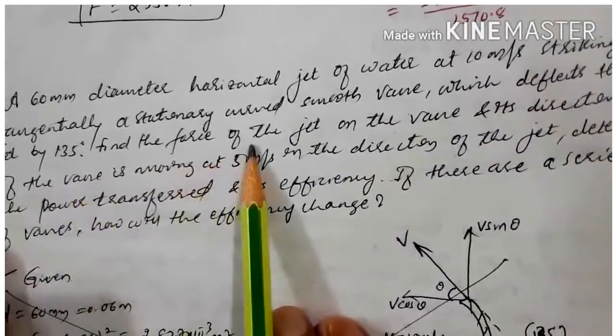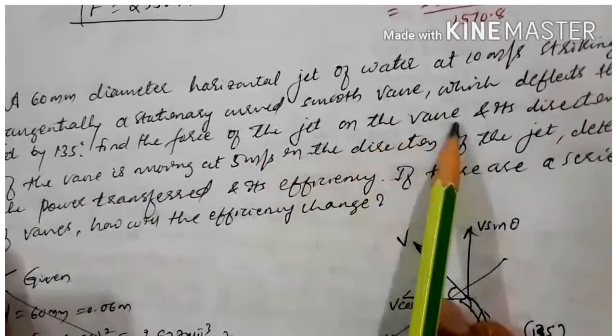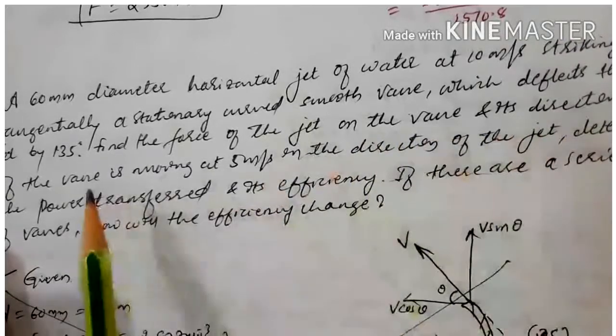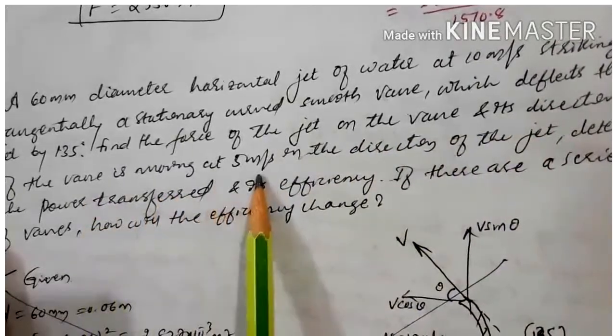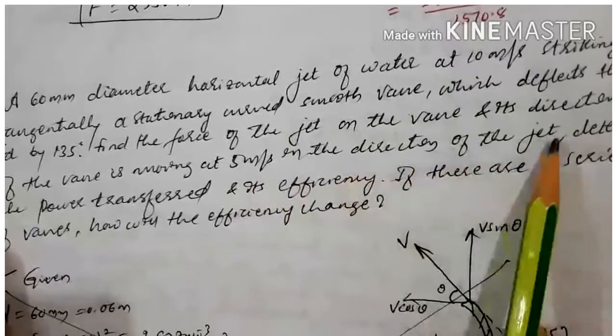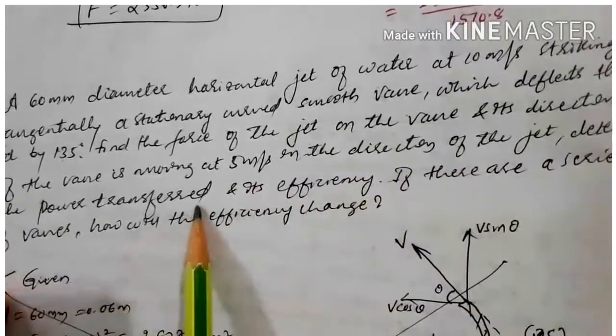Find the force of the jet on the vane and its direction. If the vane is moving at 5 meter per second in the direction of the jet, determine the power transferred